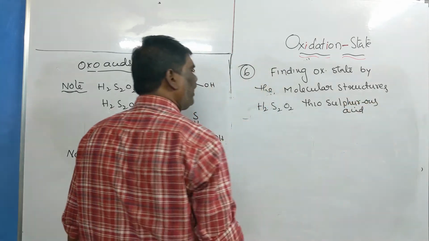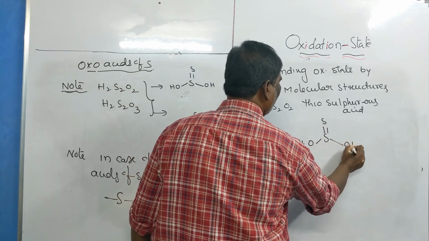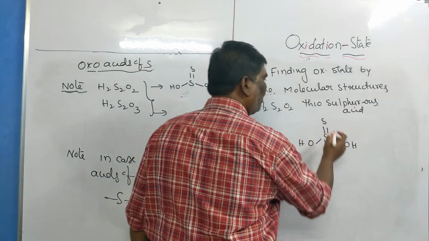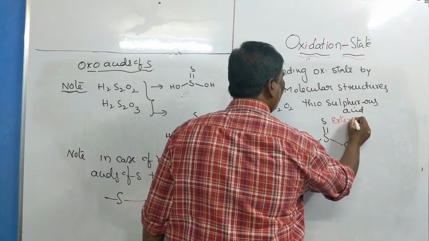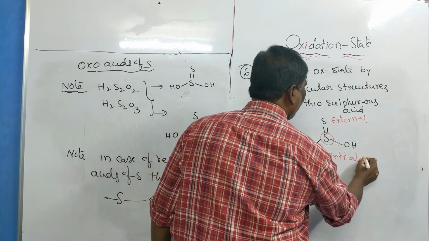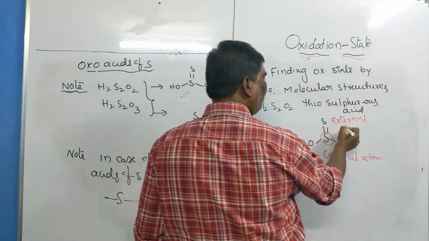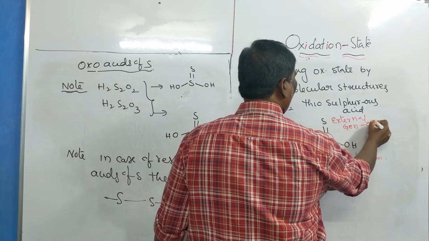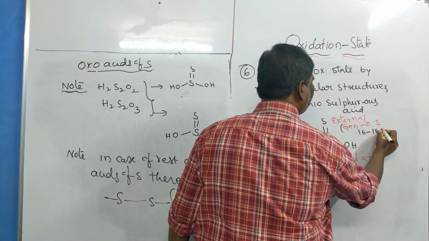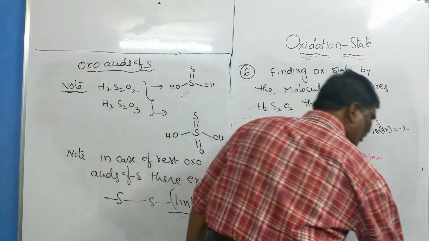Thiosulfurous acid. I told you for this one there is an S double bond S linkage, an OH group and an OH group. Now there are two sulfur atoms. This is called the external sulfur atom, whereas this is called the central atom. So two oxidation states we expect. For the external atom, we take the general oxidation state. What is the general oxidation state? You know, sulfur's atomic number is 16, the nearest inert gas is argon, 18, the difference is -2. So the external atom is given -2.